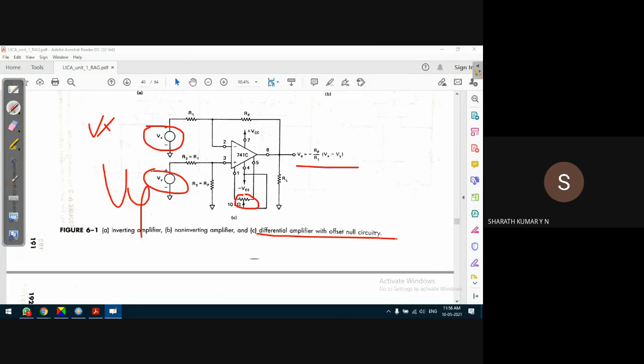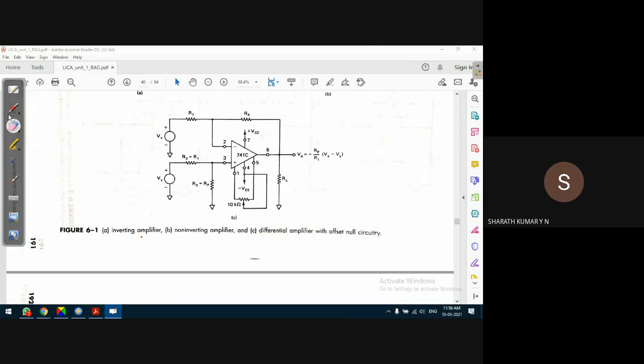By the way, what kind of amplifier is this, guys? If you observe this amplifier, for the time being ignore this point and these two supplies. If you connect these two points to ground, input voltages are equal, and the output voltage will be equal to 0 volts. We want to control the gain, and hence we have to go for negative feedback.